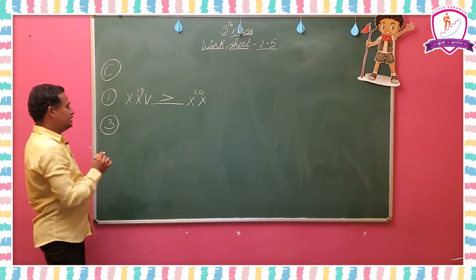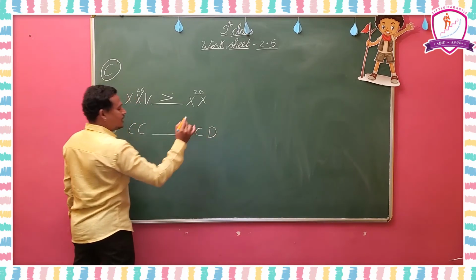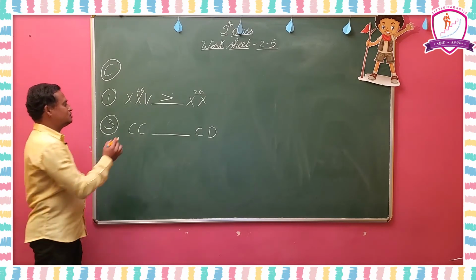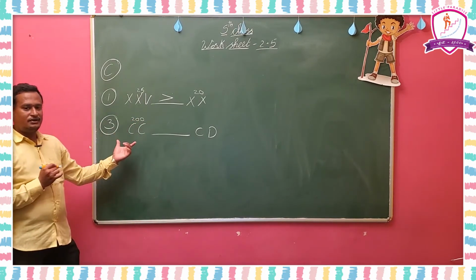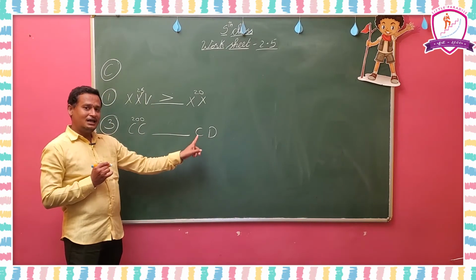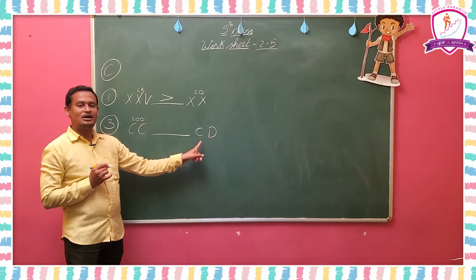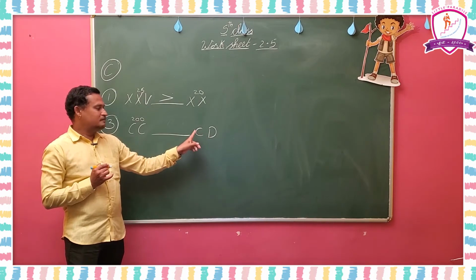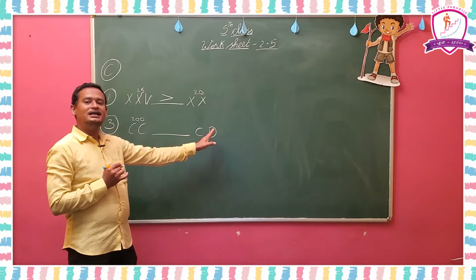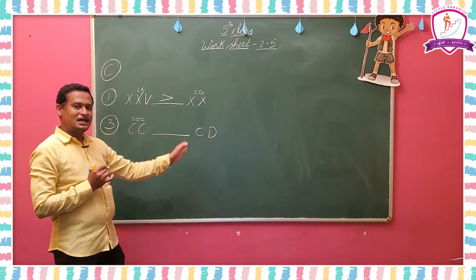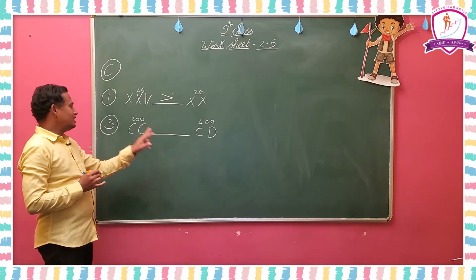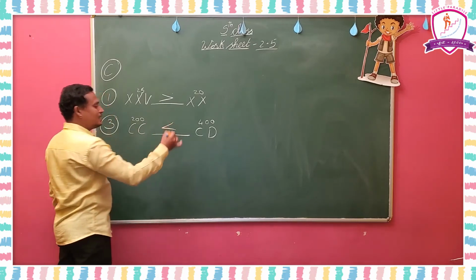Now I am going to explain the third one here. In that Roman, the third one, here C, C and C, D are given. So C means 100, we know that. So CC means 200. So 200 is the answer for CC. So here CD means C is before D. So the D value is greater, the C value is smaller. When you keep the small symbol before the greater symbol, what do we have to do? We have to do subtraction. D minus C we have to do. D means 500 minus 100, it will become 400. 200 is less than 400, so we have to put the less than symbol.